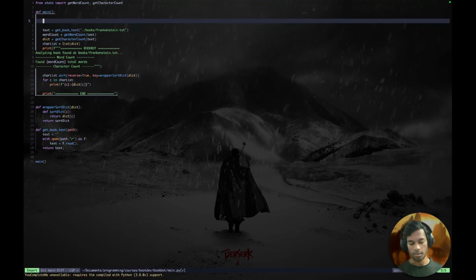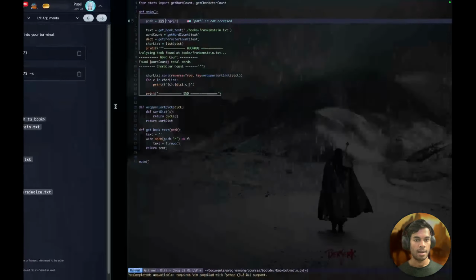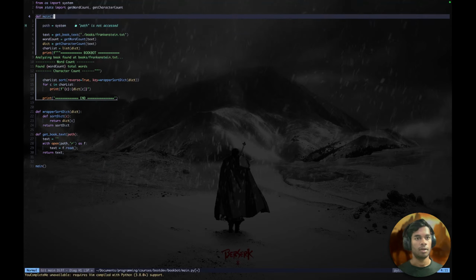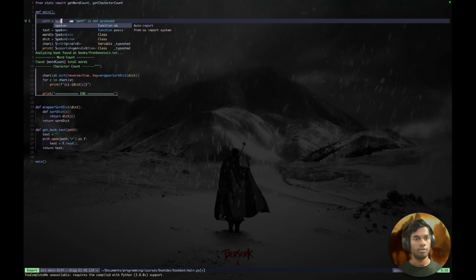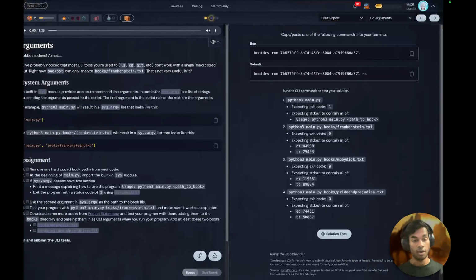Okay, I'm directly submitting. And fuck. Okay, which one? It gave an error for Frankenstein. Books slash Frankenstein. cd books and ls. Frankenstein.txt, moviedic.txt and pride and prejudice.txt. Expected standard error to standard output to